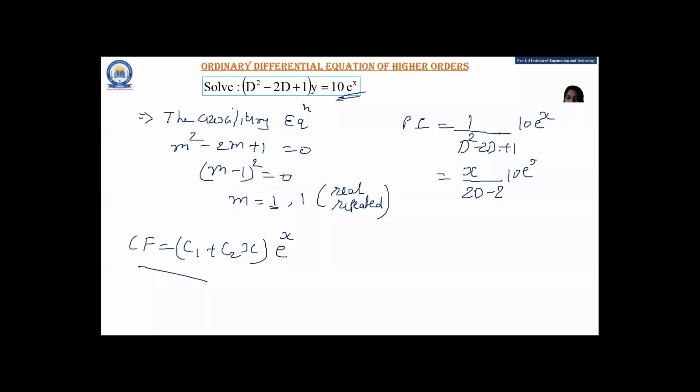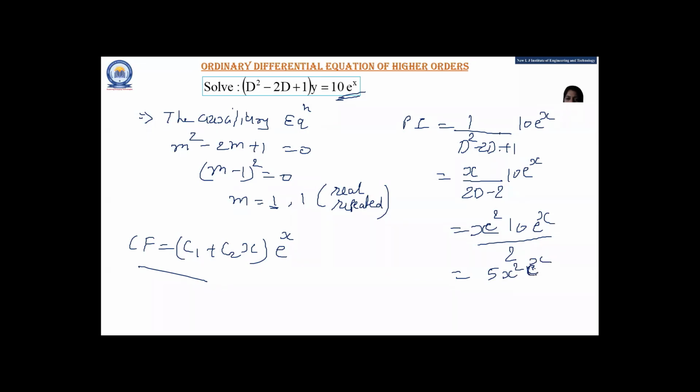You have to put 10 e raised to x. Now, as per the rule, again you have to replace your multiple of x, that is 1, in this d. So if I replace this 1 in this d, then again my derivative is 0. So I am putting here x square 10 e raised to x. Why x square? 1x into another x, so that is x square, and by 2. So my final answer is 5x square e raised to x.